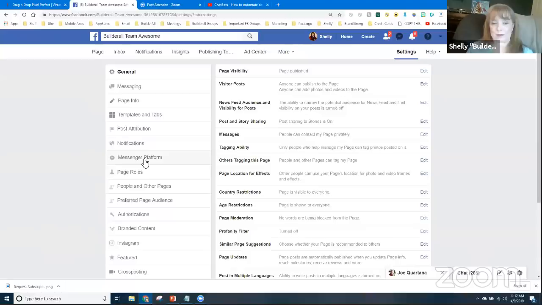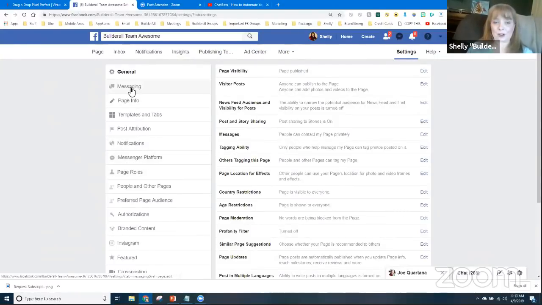And then this one right here, Messenger Platform. So I want you guys to do a screenshot if you know how to do a screenshot. And then I want you to circle Messaging and circle Messenger Platform, because those are the two places you're going to go to change settings inside of your chatbot to make it work the way you want it to work, okay?